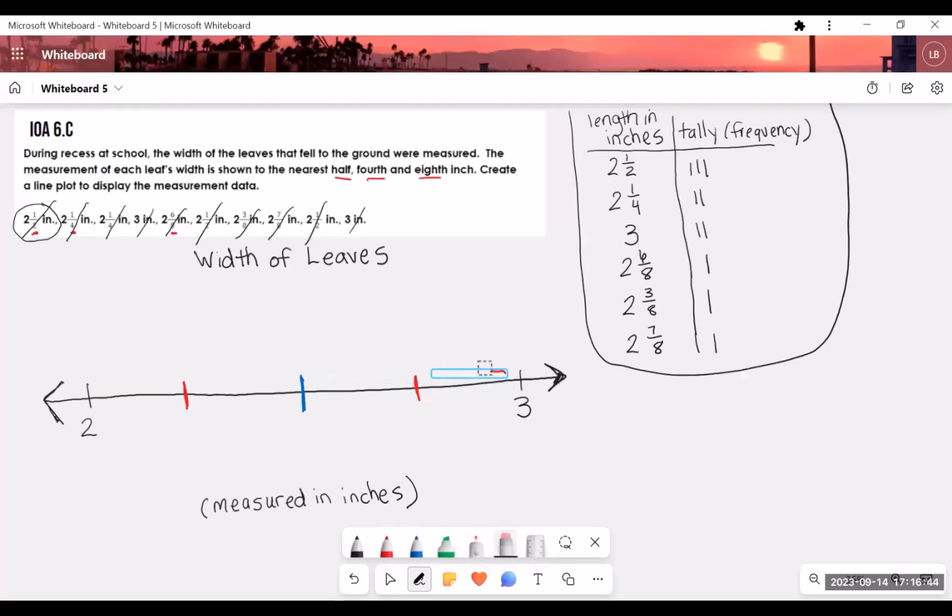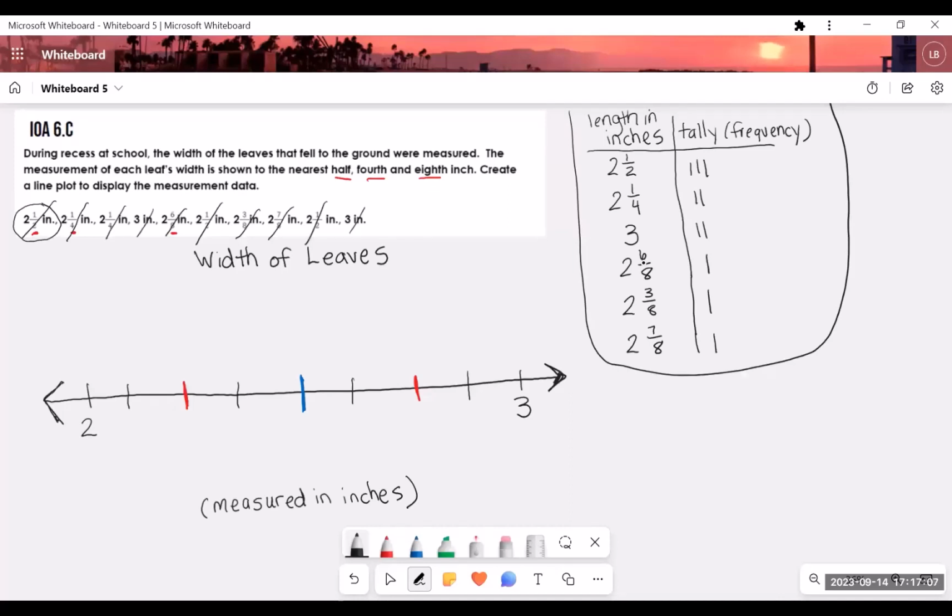equal parts. And now we're going to go in and put in our 1/8 marks. So I will partition each fourth in half. So I have 4 equal parts on this side of the halfway point and 4 equal parts on this side of the halfway point. Now I'm going to go in and start to label so that I can